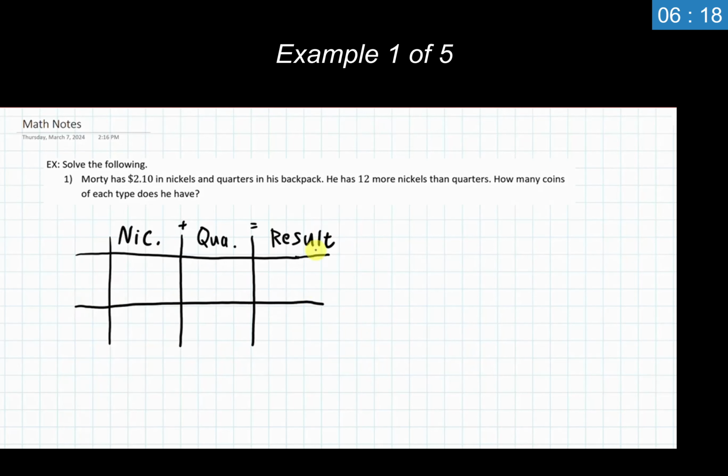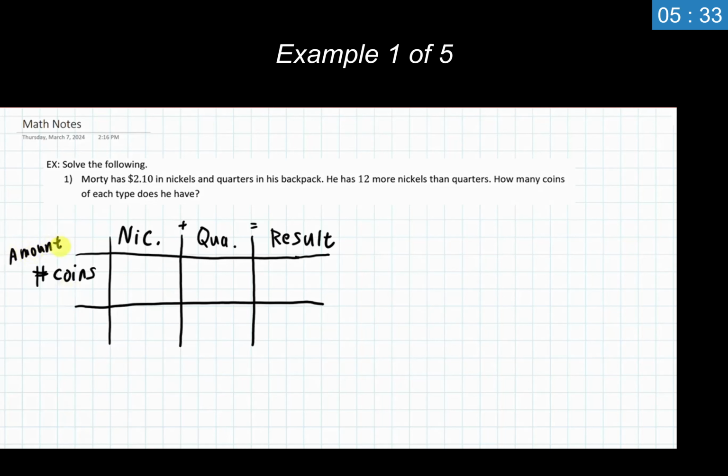So those 2 parts are this. We are asked and given some information about how many coins of each type does he have. And we are asked about a dollar amount or a value here. So I would say one of our units for this is going to be the number of coins. You can shorthand this. We're just going to have the number of coins that are nickels, the number of coins that are quarters, and the total resulting number of coins when these things mix together at the very end here. We also have a part down below because we always have 2 units with these. So we have number of coins. This is also sometimes referred to as an amount.